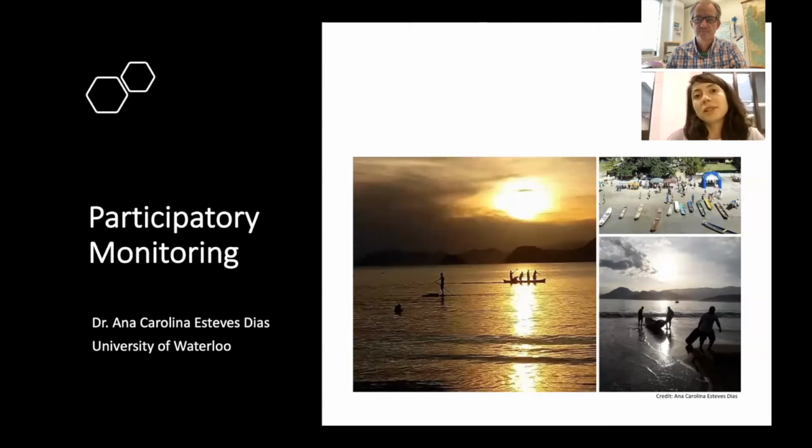And there are different degrees of participation. So you can go from a consultation type of participation, that involves stakeholders in a consultation about information about their uses, or it can be more participatory and involve them in the design of the monitoring program itself, in the design of the goals of the monitoring, defining indicators, collecting data, analyzing data, and ultimately using the information that they get from the monitoring program. So participatory means the involvement and engagement of these different stakeholders, and can happen in different degrees.